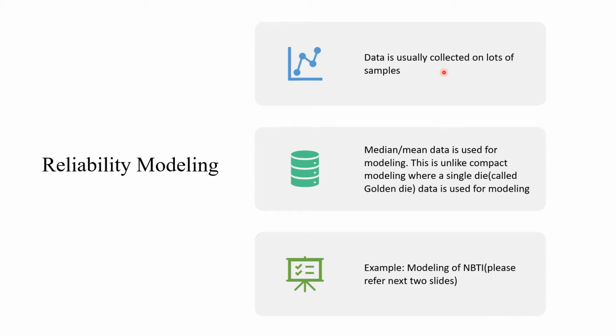Another thing that you do is basically stress the device. Why you stress the device is because you want to see how the device degrades. For example, if the maximum VDD of a device is 5 volts, you will, let's say, stress the device to 6 volts. By doing so, you are accelerating the stress, so that you don't have to subject a device to 10 years of stress. Instead, you can subject it for 3 days, see how the device degrades, and then create a model that you can extrapolate to 10 years.